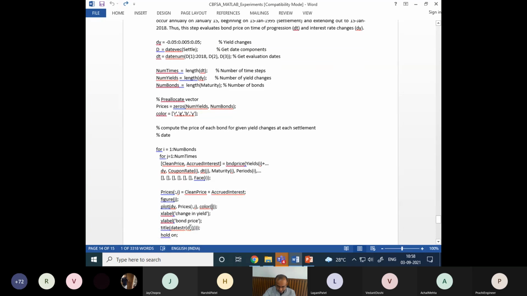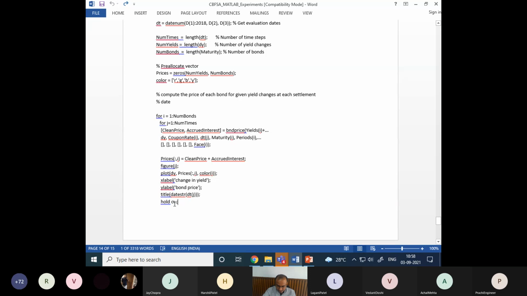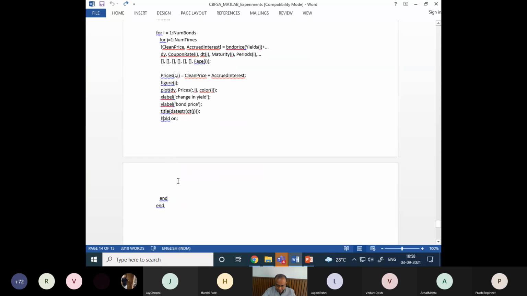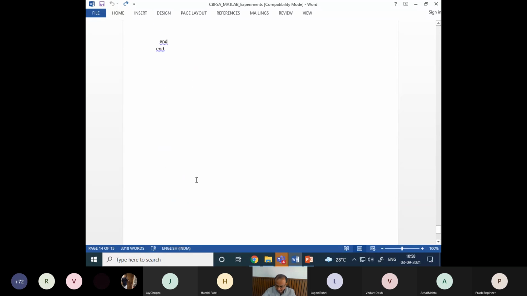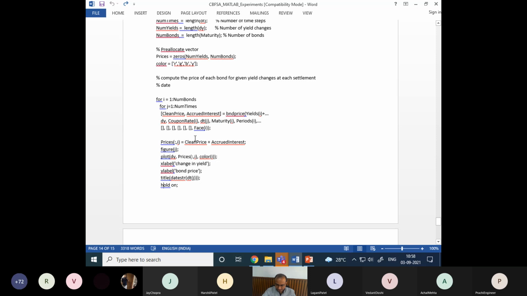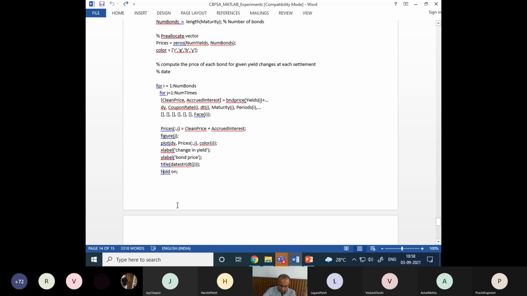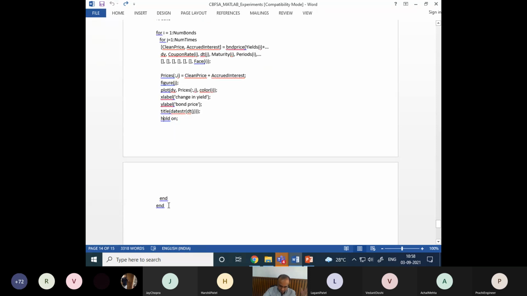Okay, assign the X label, Y label, title, hold on. This hold on function will hold the figure in the same plot. So next time when the for loop runs, it will sketch the figure in the same plot, because I get the plot of 4 bonds in the same figure, and such 24 figures will be generated. Okay, and then we end the for loop. So you can understand this for loop, because now you are champions in programming, because you have studied so many things, C, Python, Java, and what not. So I hope this MATLAB is the easiest of all.